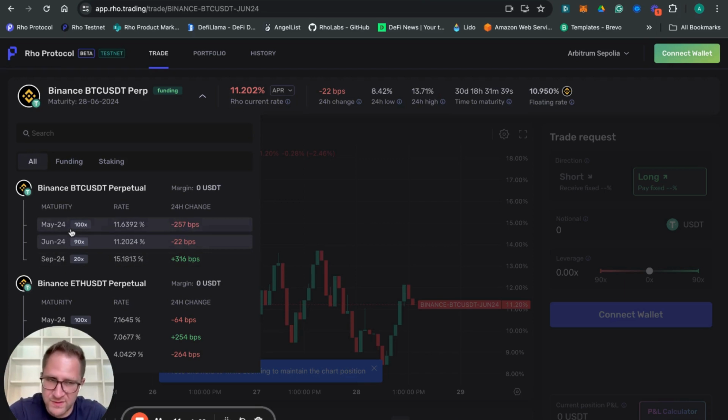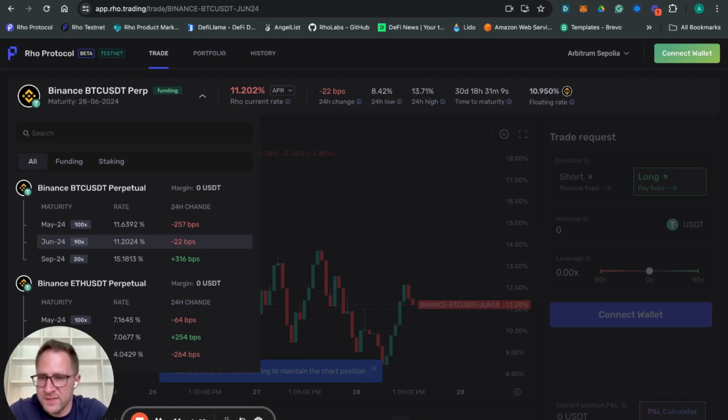We will go through the maturities and all the parameters of the instrument later, but basically the starting point is if you want to know what you're trading, which instrument you're going to be trading. So now you're looking at the BTC USDT perpetual future funding rate for Binance. There will be more exchanges and even more instruments and more families of instruments that we will deploy on Rho later on. But for starters, I think it's a good starting point for us to familiarize ourselves with the instruments